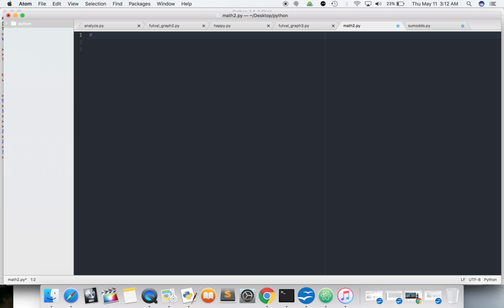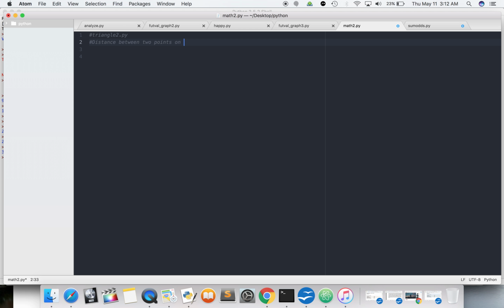So let's do triangle2.py. And this is distance between 2 points